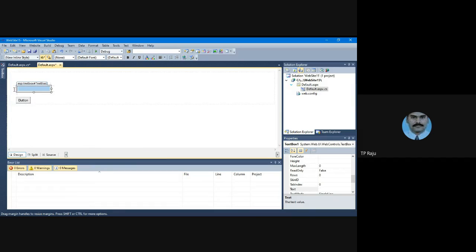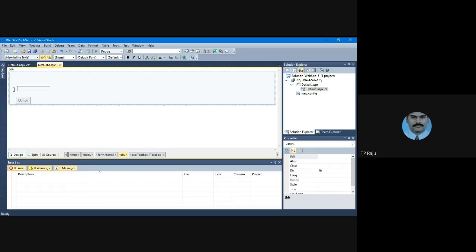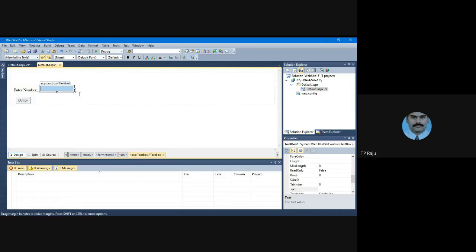Before this text box, I put the message, enter number. Now I change the caption of the button. I go to the properties window.